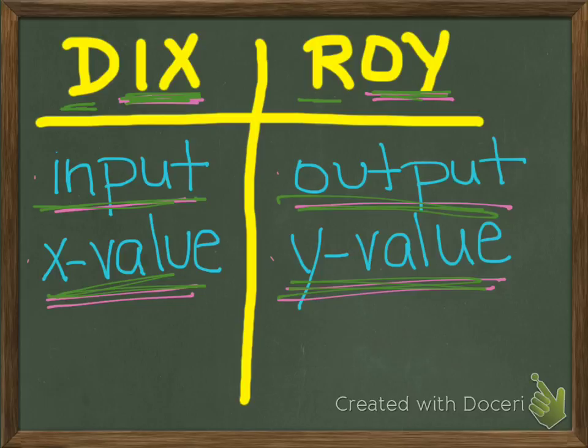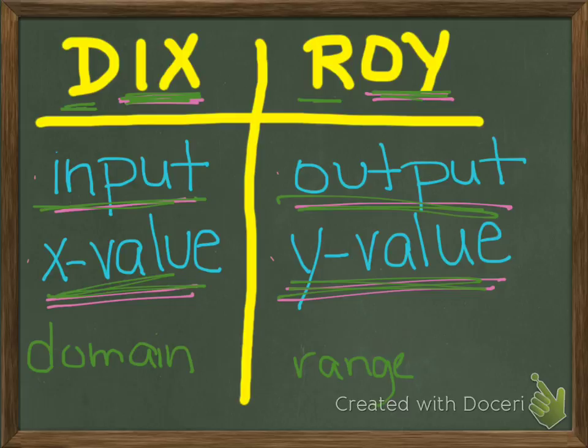This is actually, and you're not going to use this anytime soon, but I'm going to let you know what it is so you don't think I'm just making up dirty words. Domain, and this will be called range. Okay, so that's why we've got Dixon-Roy, because we've got I goes with X, and it also goes with domain,